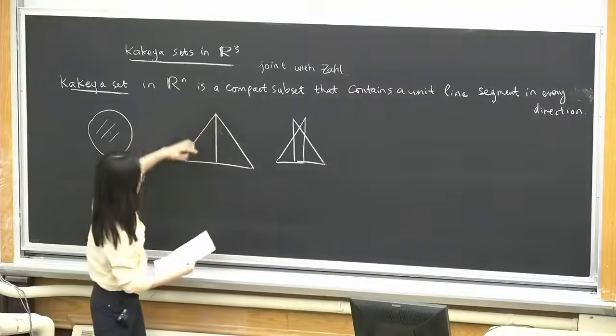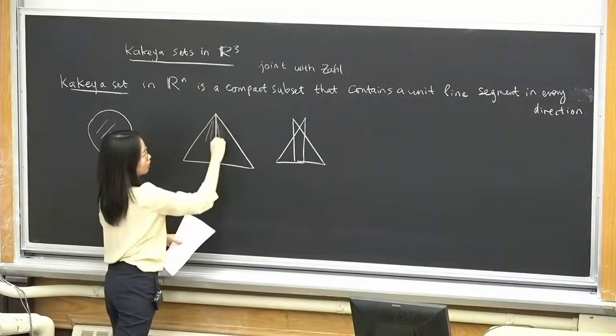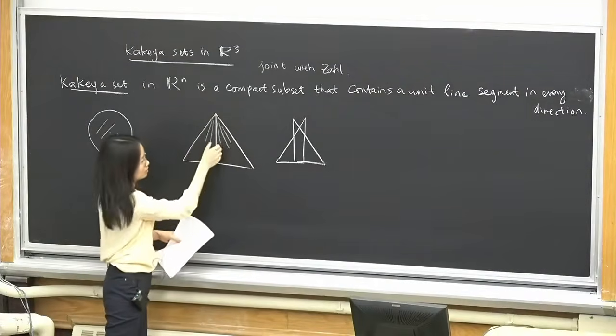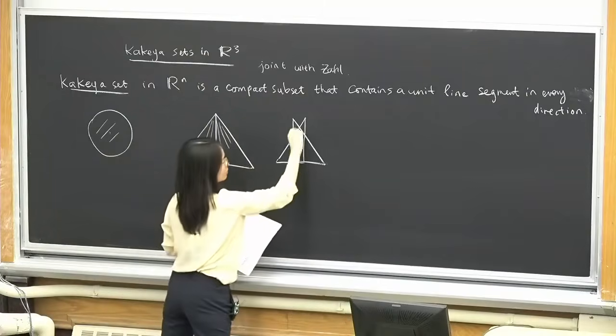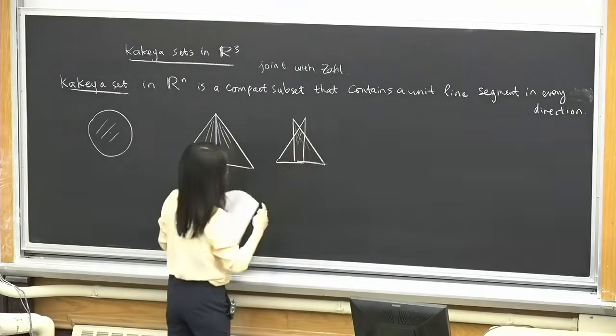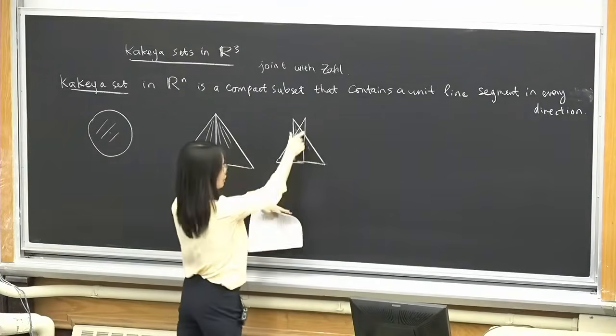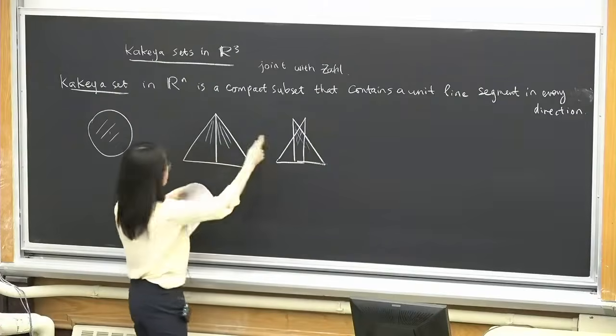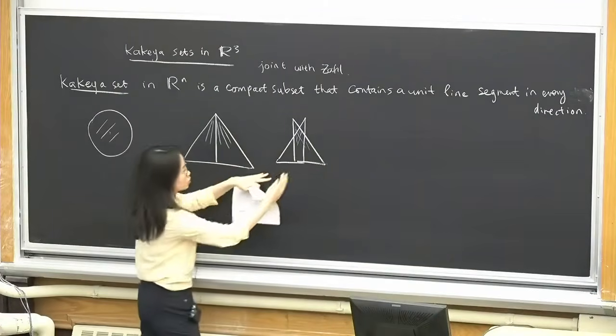Then we still have all the unit line segments in this 60-degree direction. But when we move it closer, the area, so this is an example in R2, the area